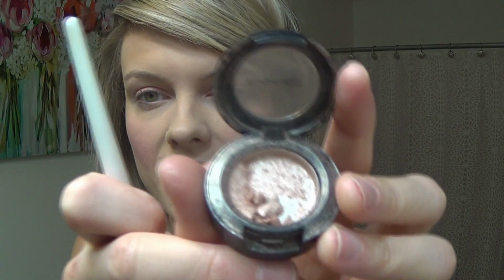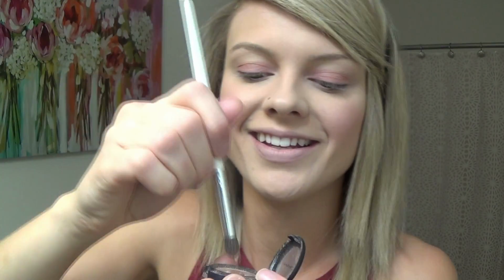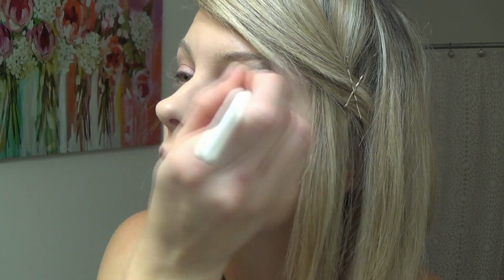And then I would go in with my favorite highlight shade, Grand Entrance from MAC, which has seen better days. And I would pop this right in the center of the lid, and also a little bit under my eyebrow. Like that. Then I would go in with a dark brown, get a little bit of that, and then just